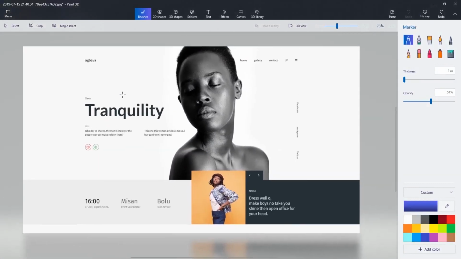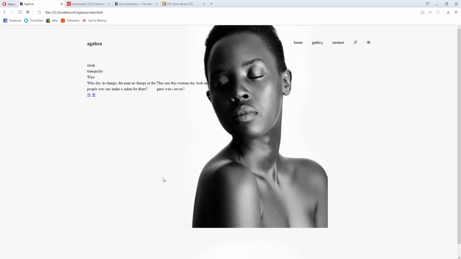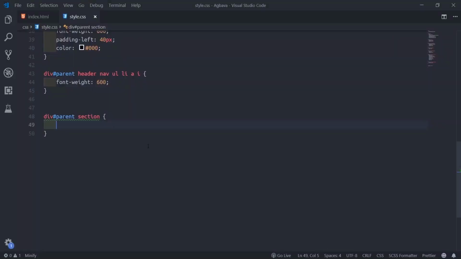You see, I don't want to use padding. So I go use position. I'll say position relative now. Make the top be like 120 pixel. Then we'll leave it like that.